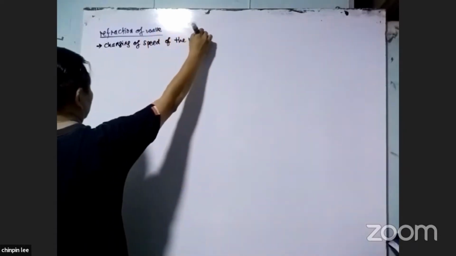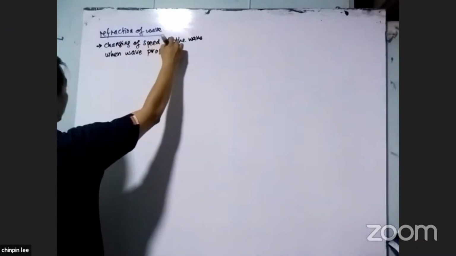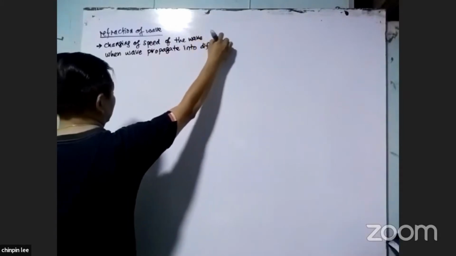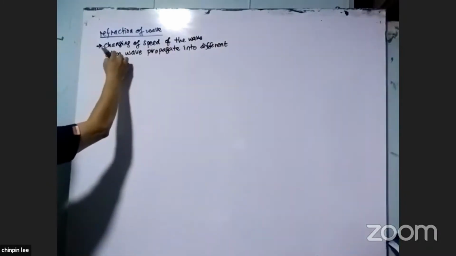Refraction of wave. So what is refraction of wave? Refraction of wave is the changing of speed of the wave when the wave propagates into different